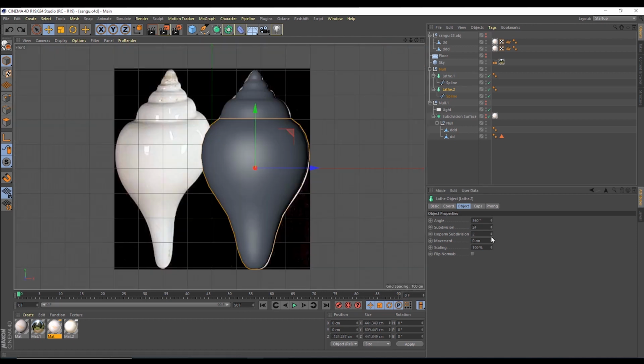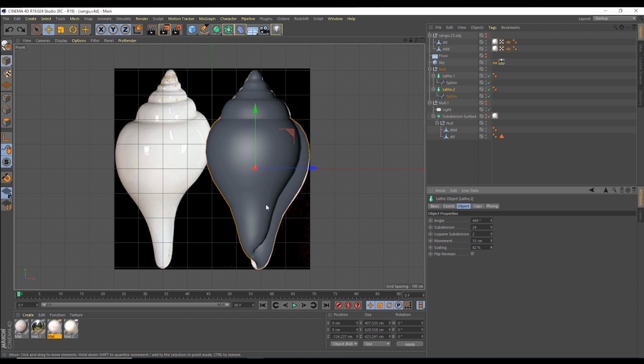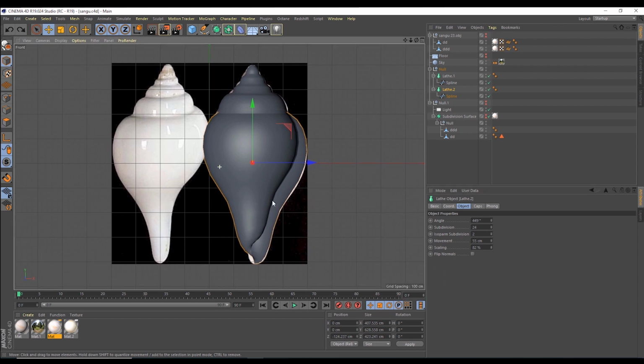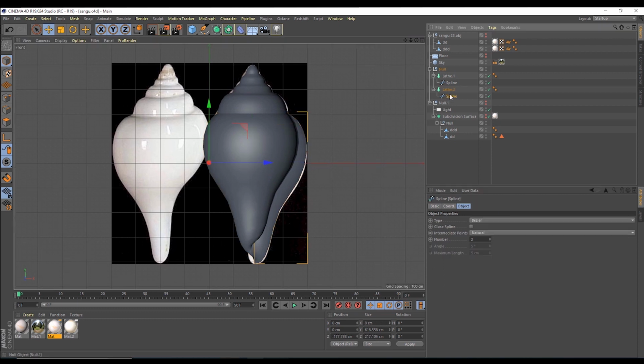Okay, next I am going to adjust the bottom shape by adjusting the scaling and movement a little bit. Okay, now we got the basic shape of the conch. Now we have to fine tune that. You can see that the bottom of the shape is uneven.